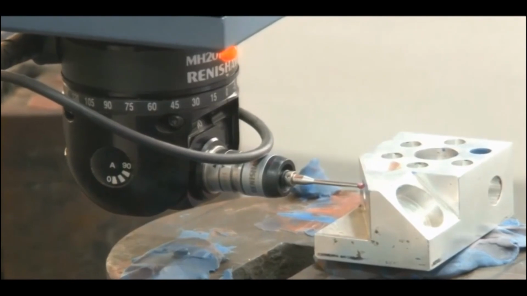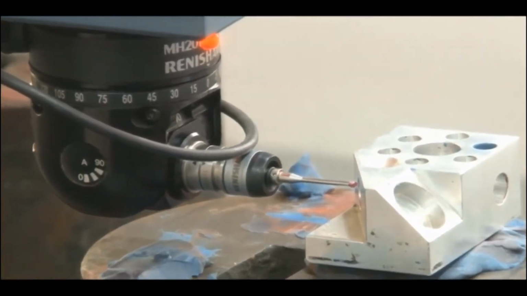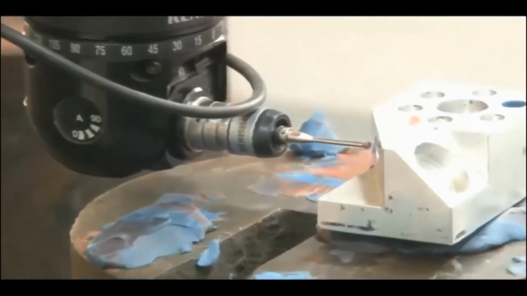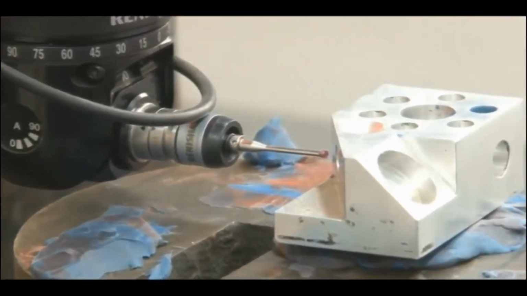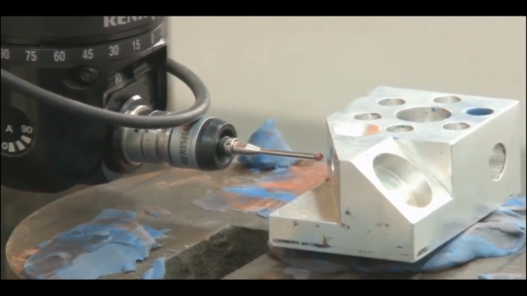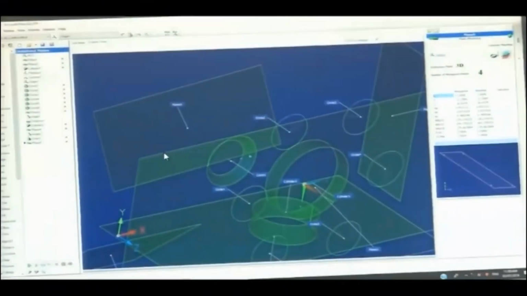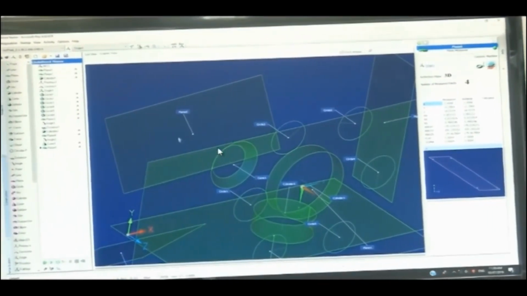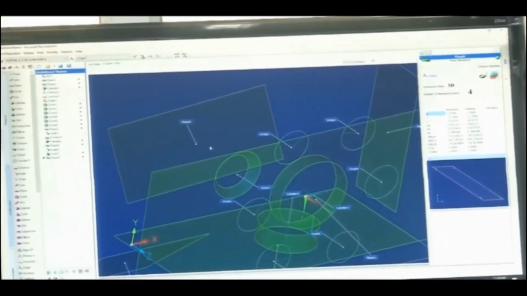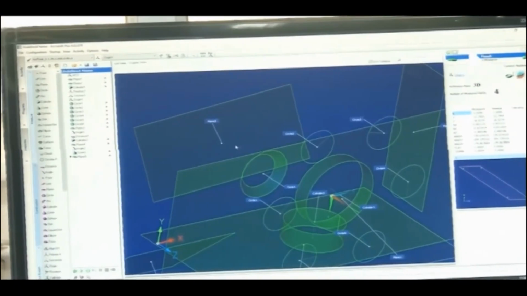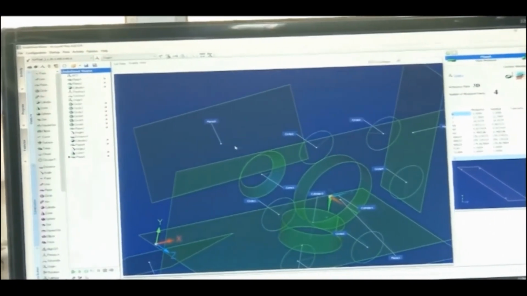So, we are measuring this plane at an angle. 1, 2, 3. Okay. So, we select the plane, take 3 points near the YZ plane circle. Okay, this is the plane at an angle, this is the plane at an angle. Now, this is the potential, or the beauty, of the CMM, that by using a single setup